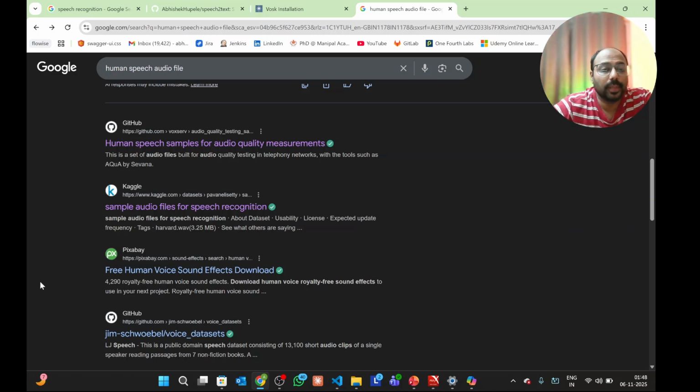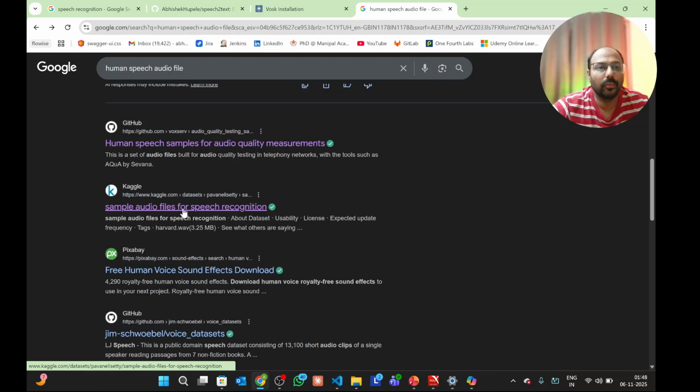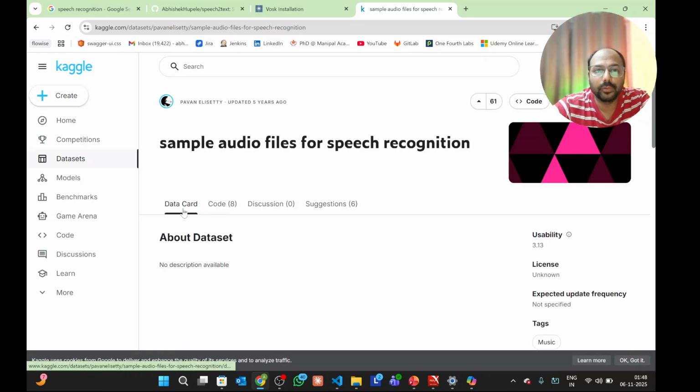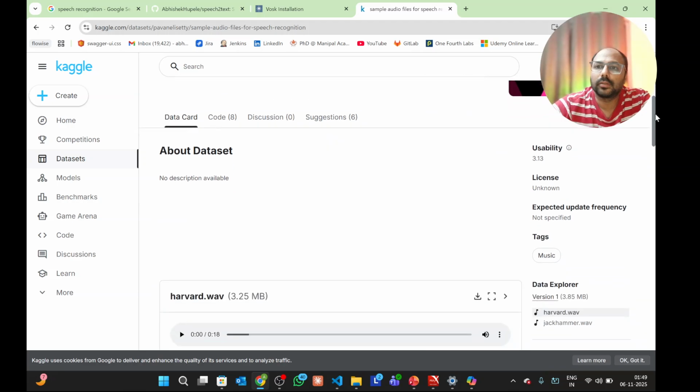But sometimes in your company network you might not have access to clone all these repos. Kaggle in general has good files. I tried a few files like test.wav or sample.wav, which have simple 1 2 3 4, and